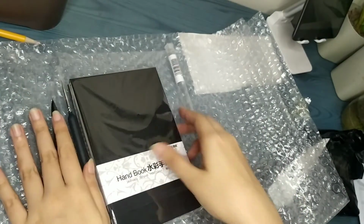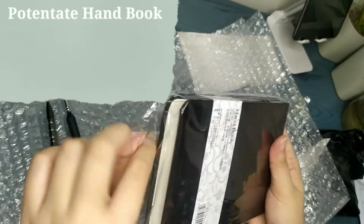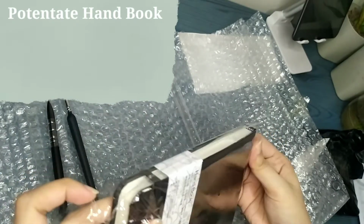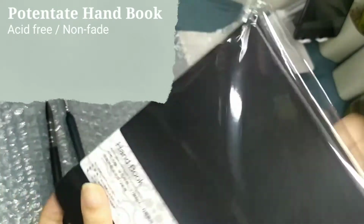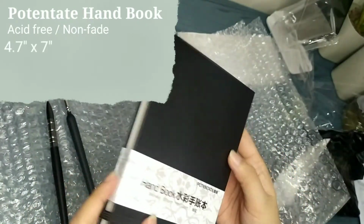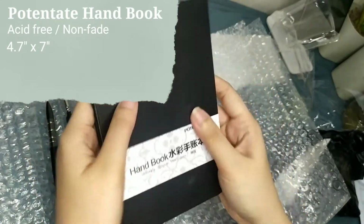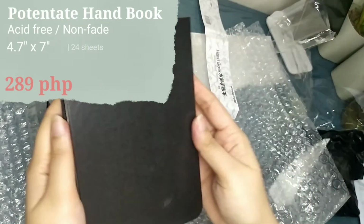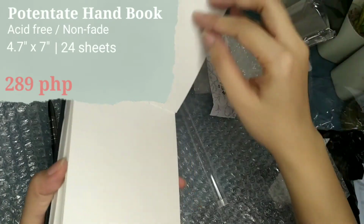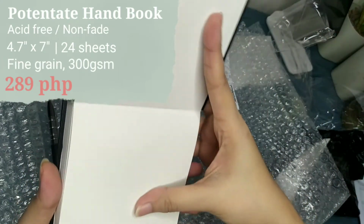And last but not the least, we have our little sketchbook. It's called Potentate Handbook. So it's supposed to be acid-free and non-fade for both dry and wet paintings. So the size of this is 4.7 by 7 inches, which costs 289 pesos. So this has 24 sheets, and I chose the fine grain. It's 300 sheets, and